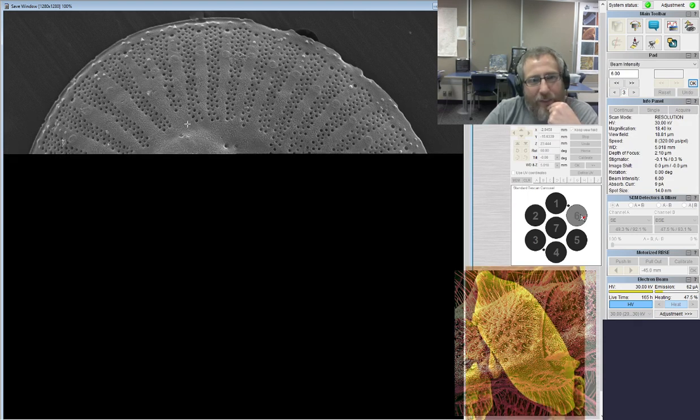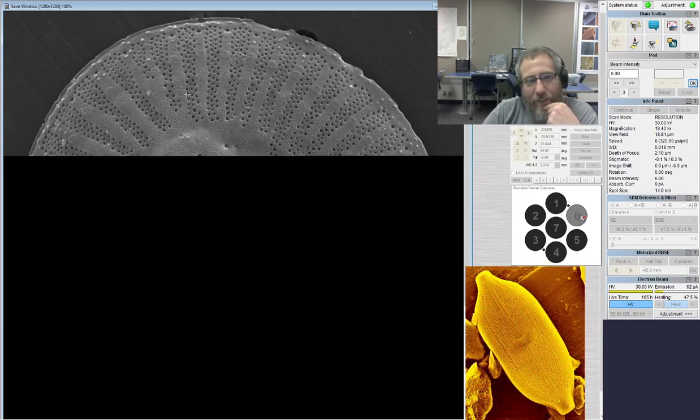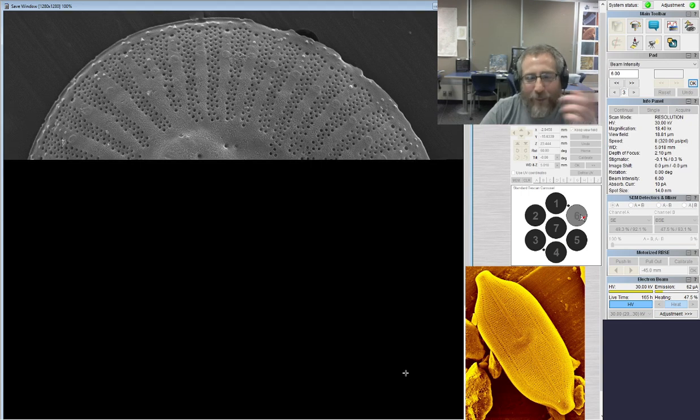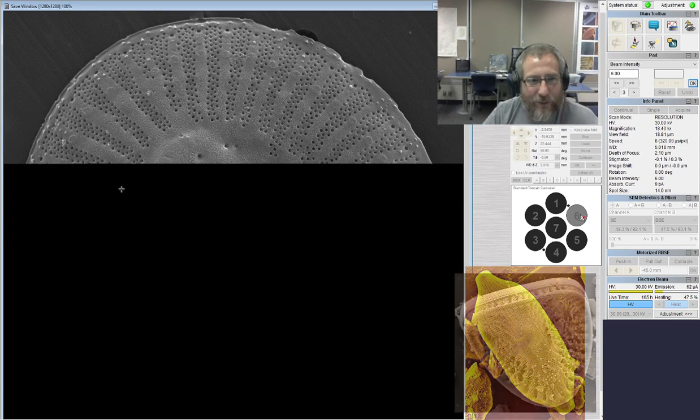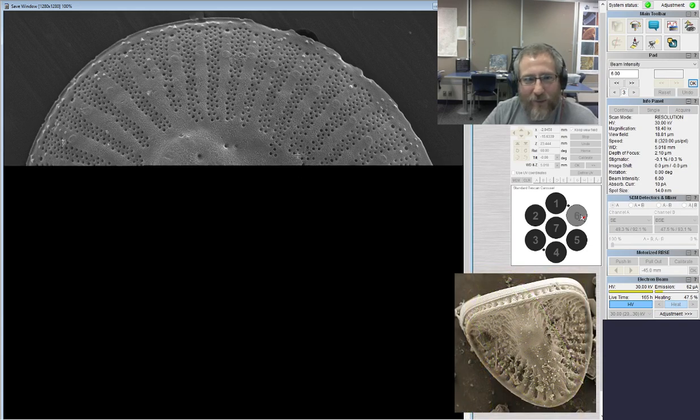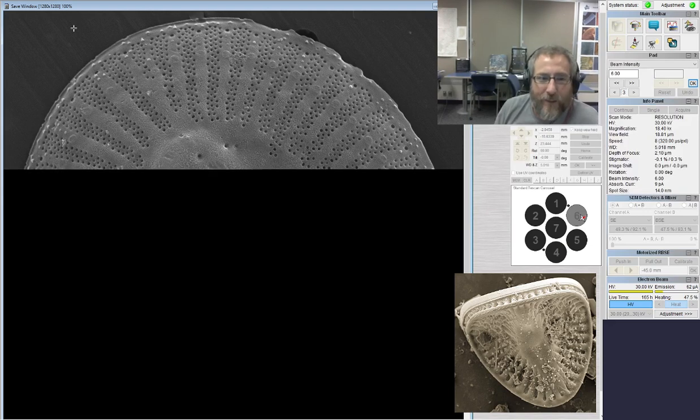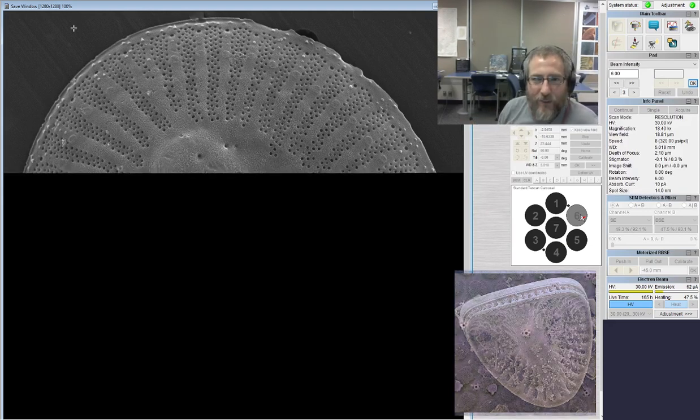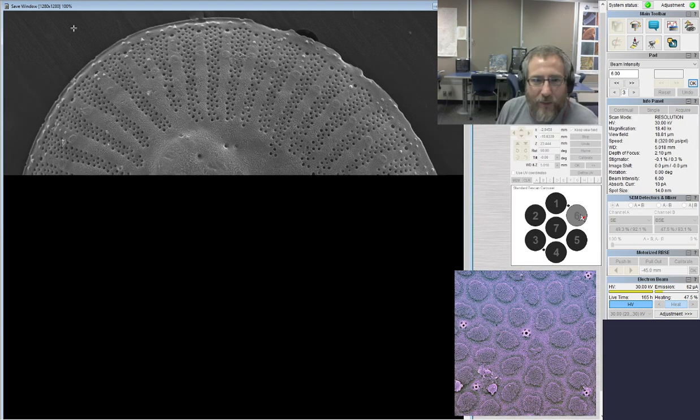And then on the opposite side down here, you can't see it yet because it hasn't redrawn it yet, but I noticed it when I was preparing the picture. So I did this one at a slower speed because it looks gorgeous to me. The rimoportula hole is present, and you can see it's bigger, and it's located at the